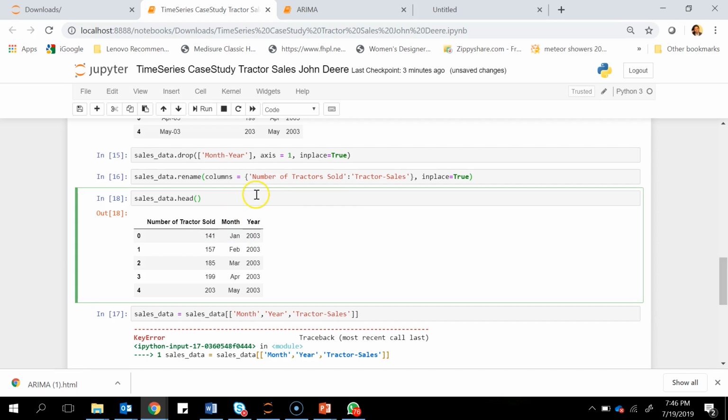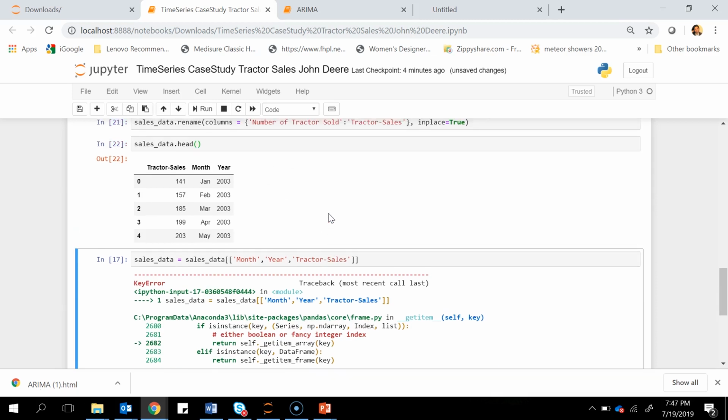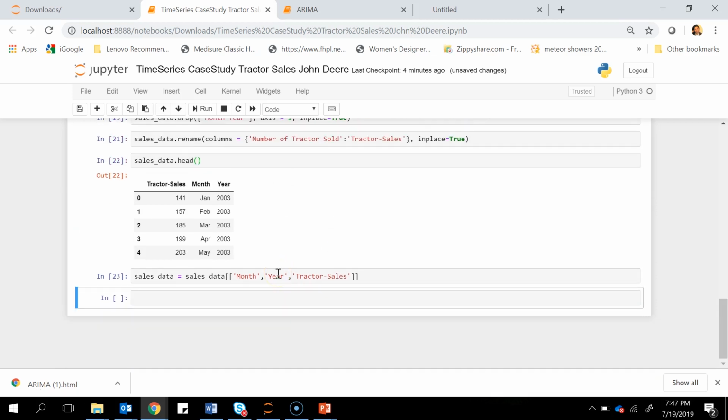So sales_data.rename, columns equals, we have done inplace equals True. Okay, so basically the error here is a very simple one. We've kept it as plural, it's singular. So let's rename this. Now it has been renamed. Now this will also work perfectly.